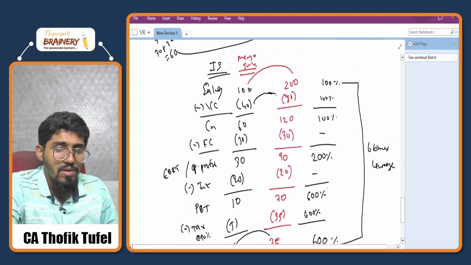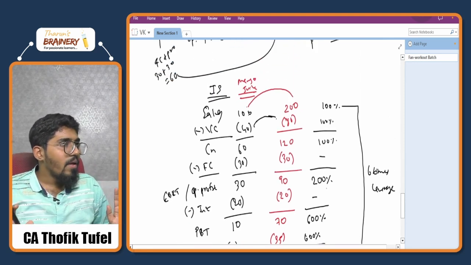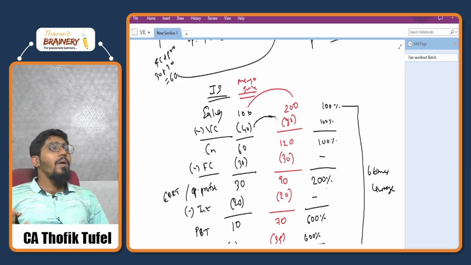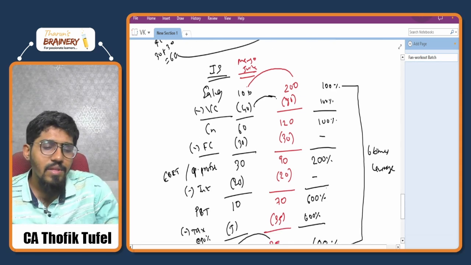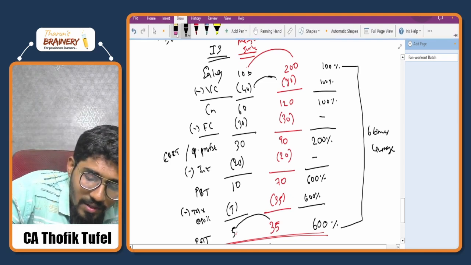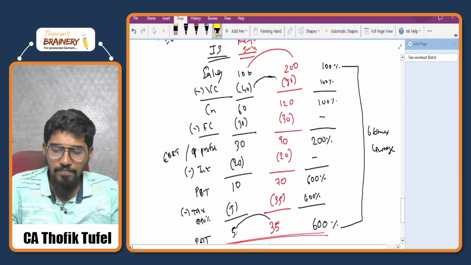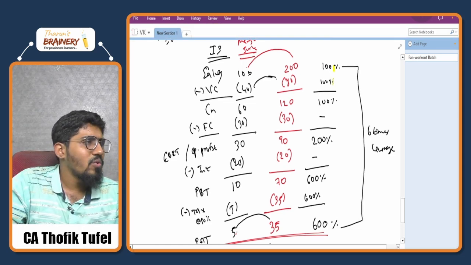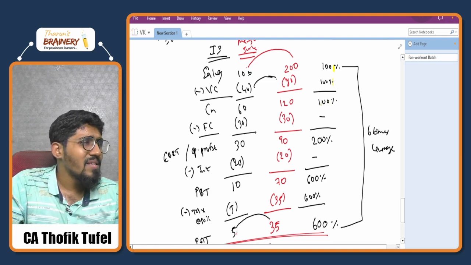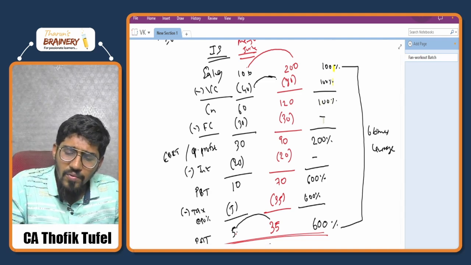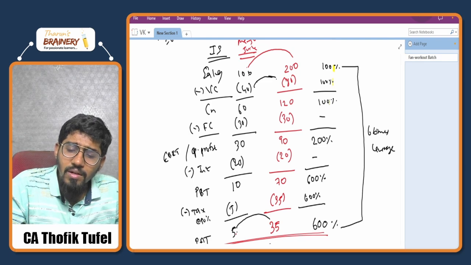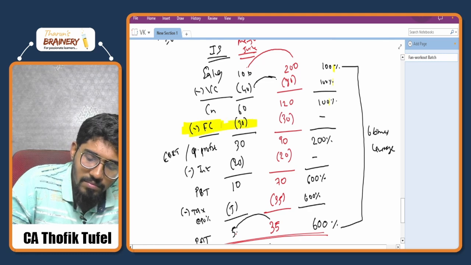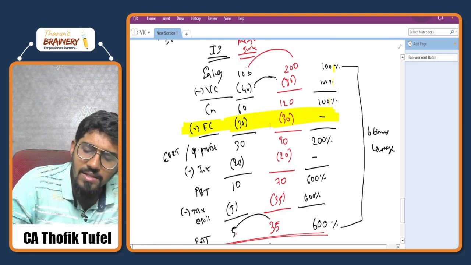Which means ideally a 100 percentage increase in sales should give a 100 percentage increase in profit, but it is not increasing like that. Something is happening. What is happening? With 100 percentage sales, variable cost also increased by 100 percentage. Contribution also increases by 100 percentage, normal only. Afterwards, after contribution, 100 percentage is directly becoming 200 percentage, which means something is happening here.